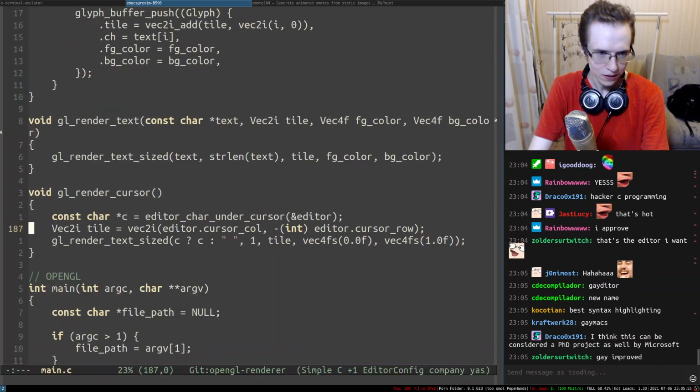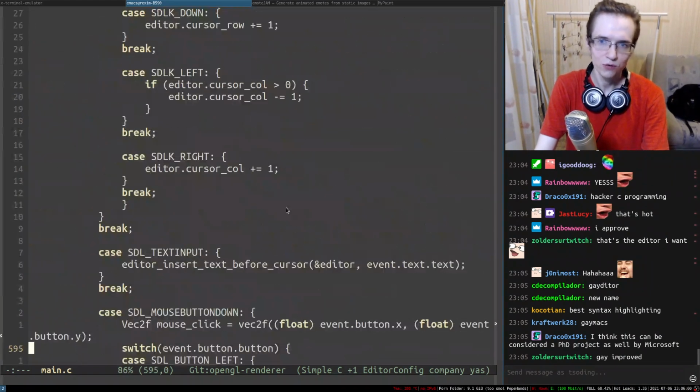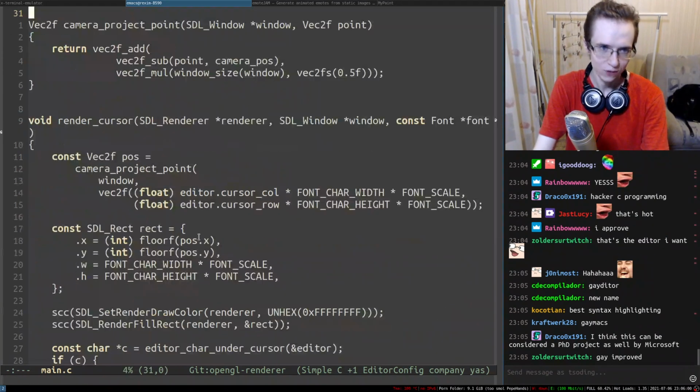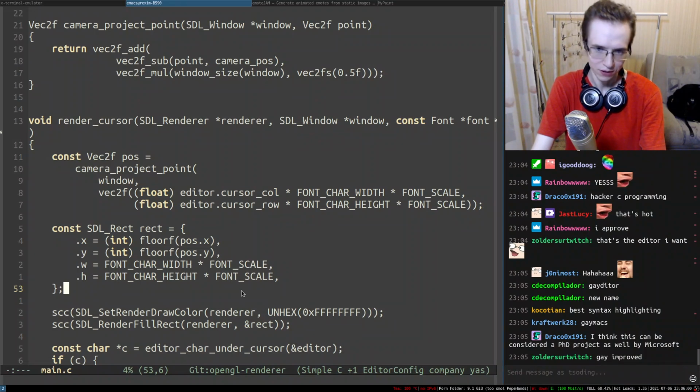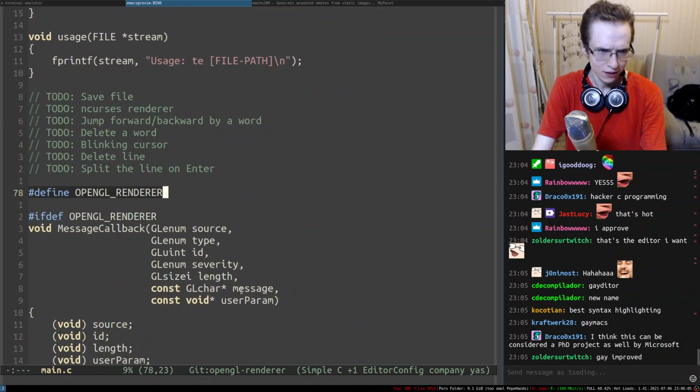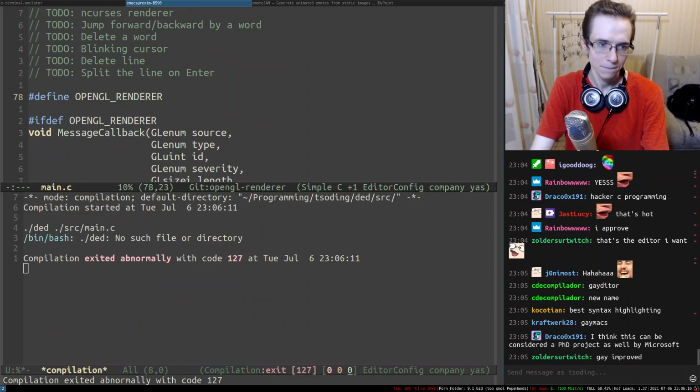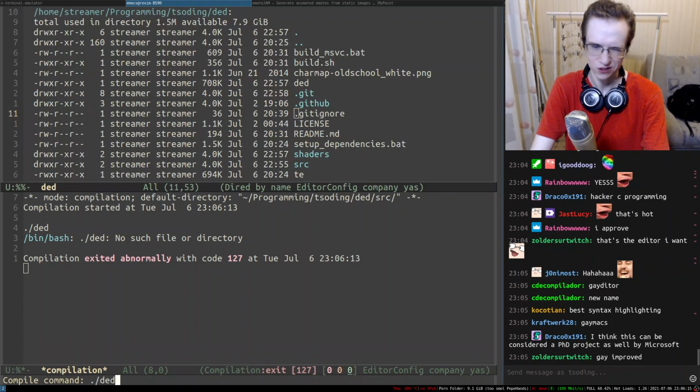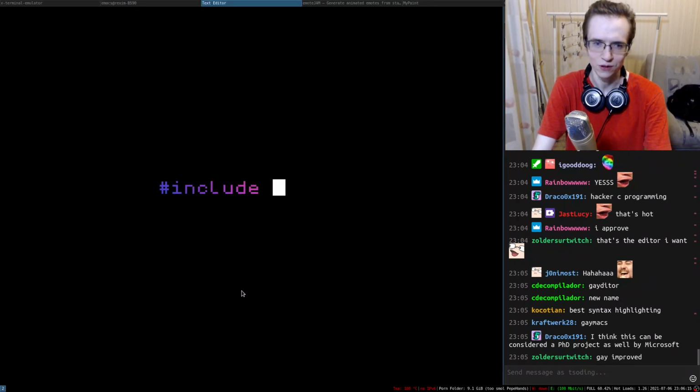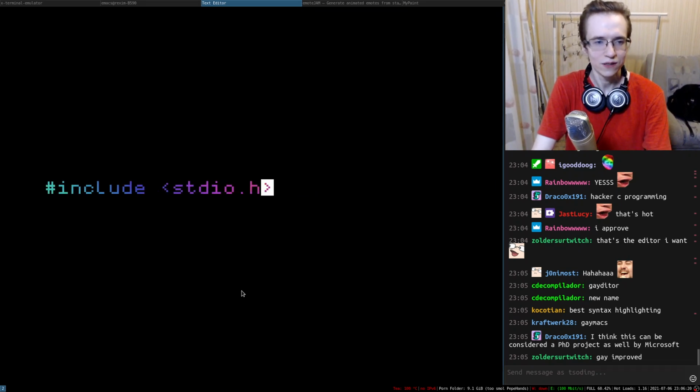Now, so we have a lot of things to do in here. Specifically, we need to remove everything related to SDL renderer because it became completely obsolete. So I can even commit OpenGL renderer as a default. But I think I'm gonna do that off screen because there's nothing particularly interesting in removing this kind of code.